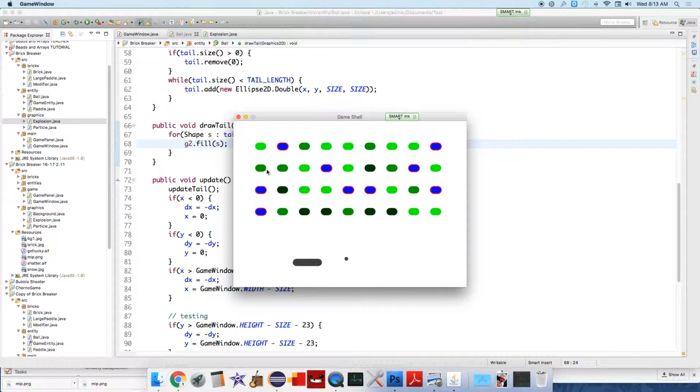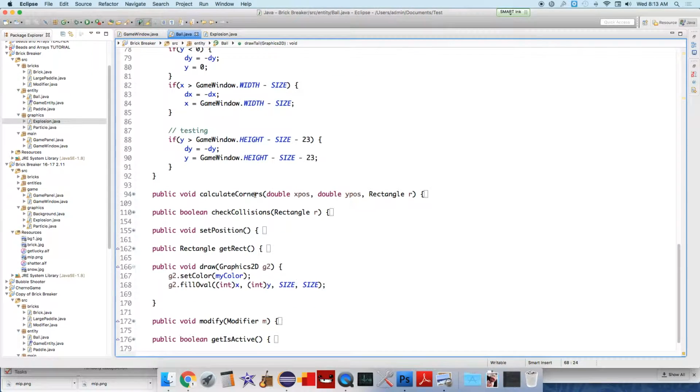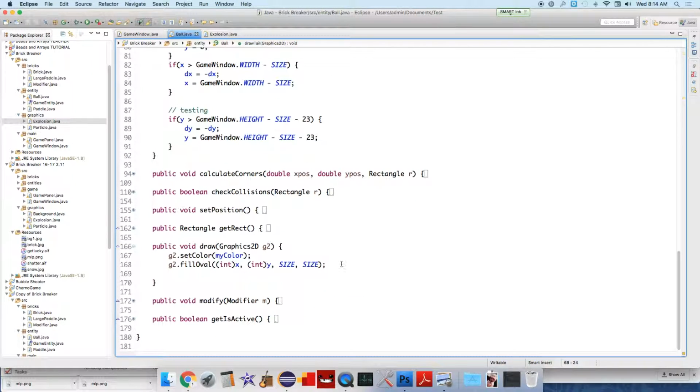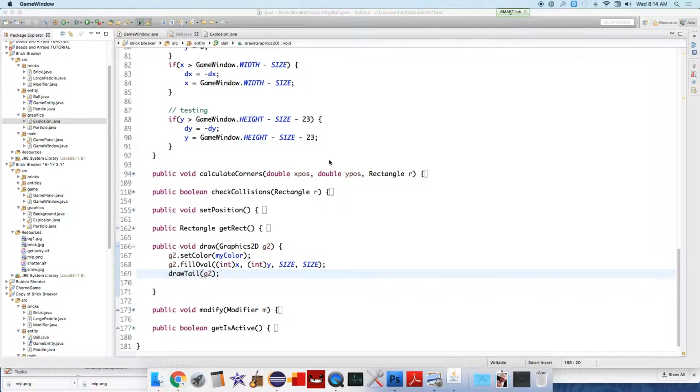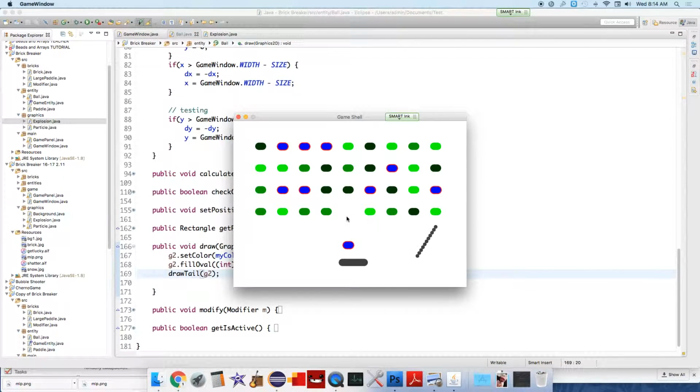So it's not, oh, I didn't call draw tail, sorry. So let's go down into our draw method and say at the end of our draw method, draw tail. And we have to send it G2, the main graphics tool. And now if we run our game, you'll see that there is in fact a tail to our ball, but